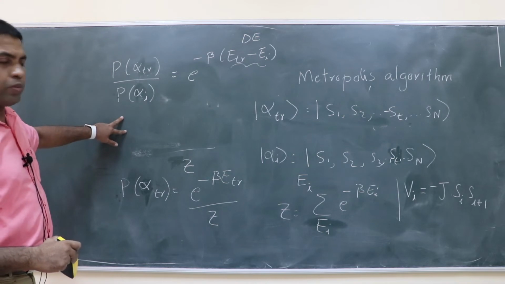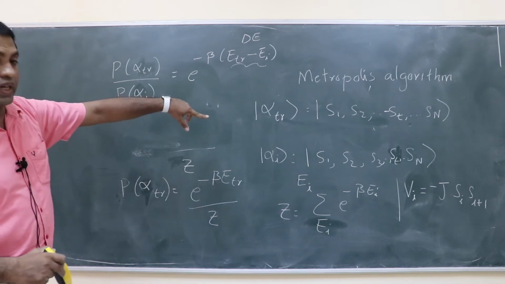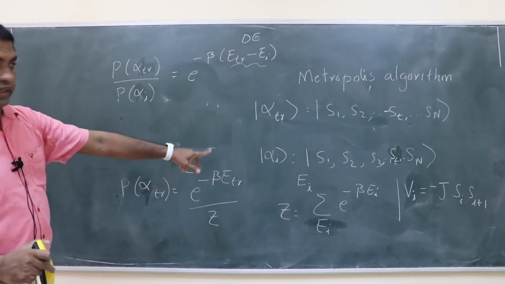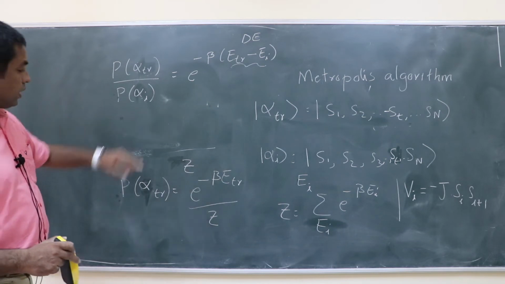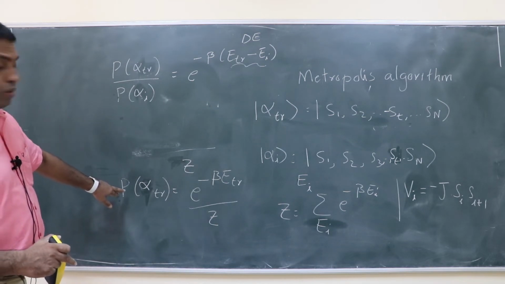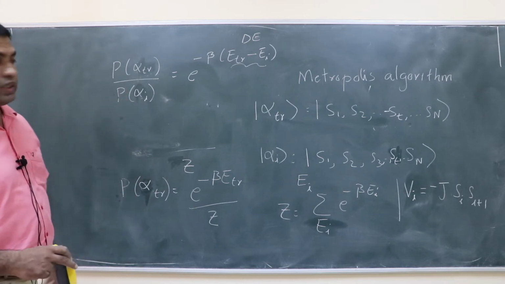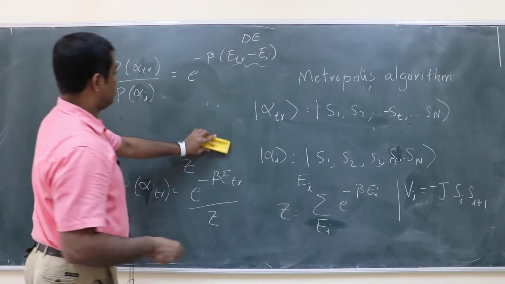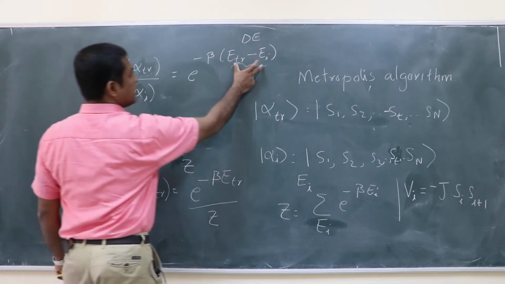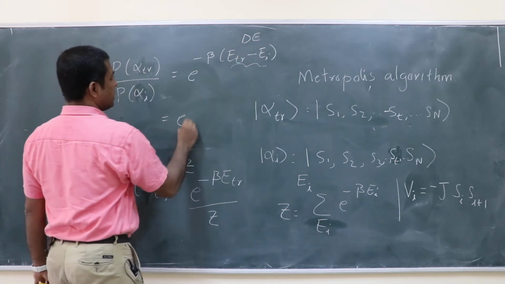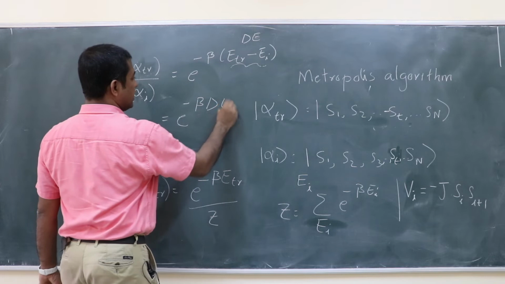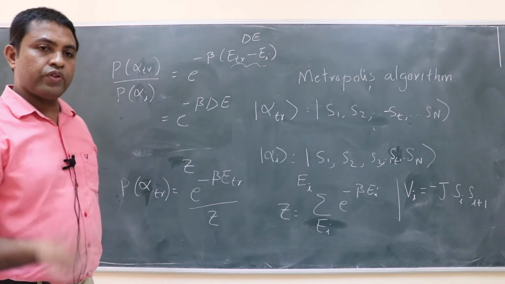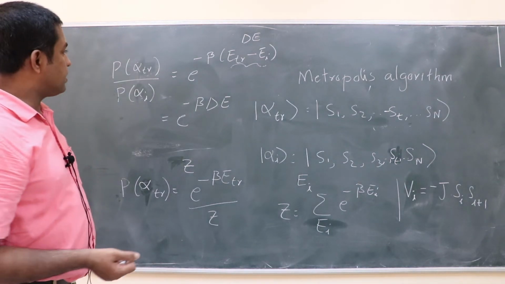The first one is the probability of the configuration alpha i occurring. The second one is the probability of the configuration alpha trial occurring. So this is the relative probability of alpha trial occurring with respect to alpha i. If I call this quantity delta E, then what I get is e to the power minus beta delta E. Suppose your new configuration is having